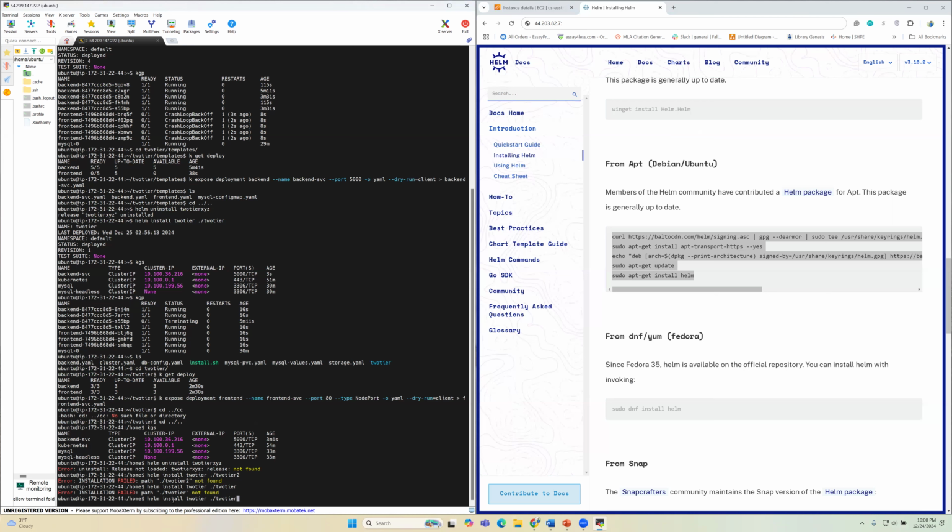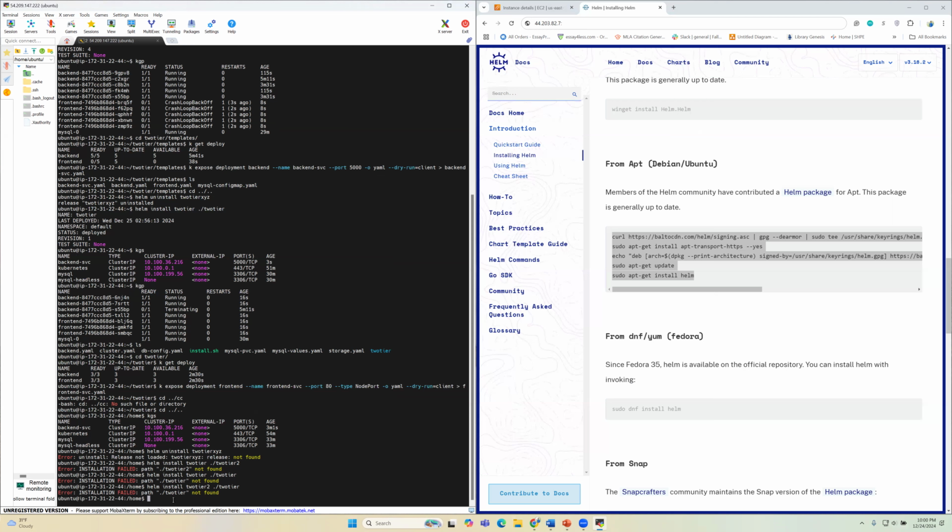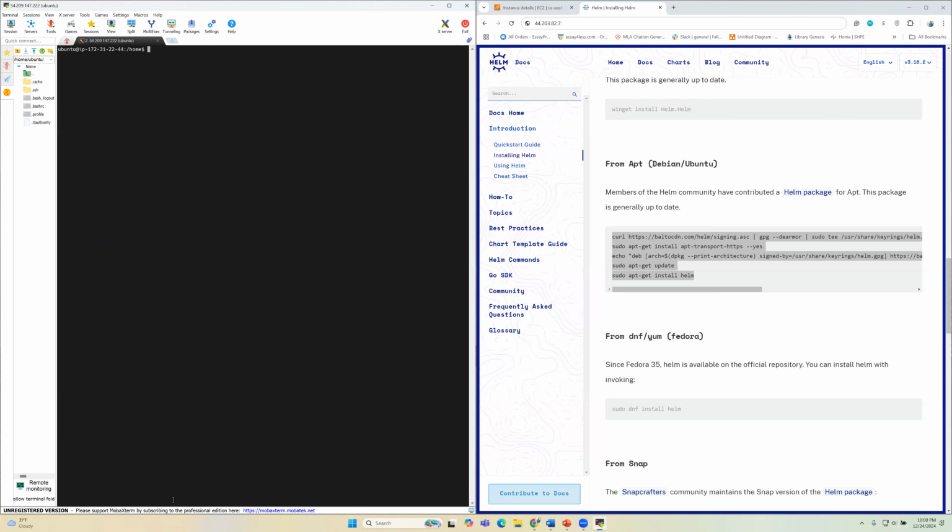So I can see what to do. Tier is not found. So if you miss anything, you don't. If I do ls now, so you can see. So that's why I'm not getting. Then